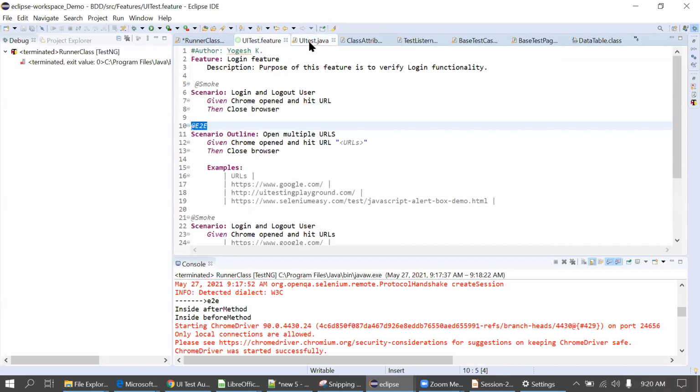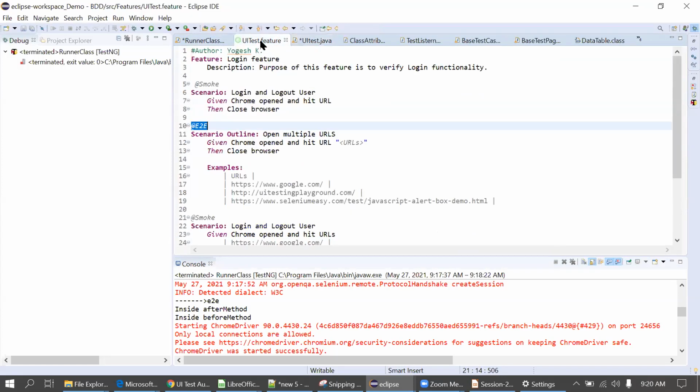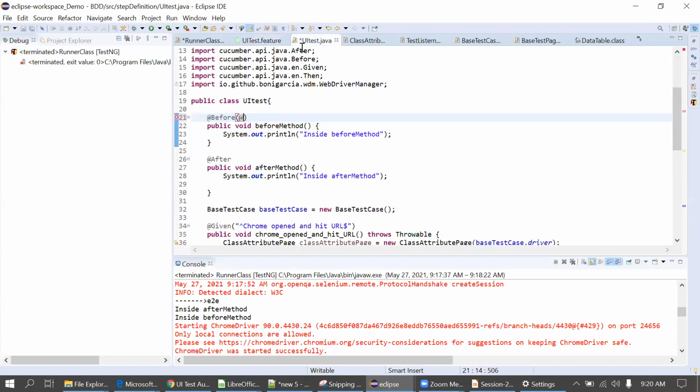So I'll go to this implementation class. In the bracket, I will mention @E2E. I'm copying the name to avoid spelling mistakes. I think I forgot the syntax. Yeah, that's fine.